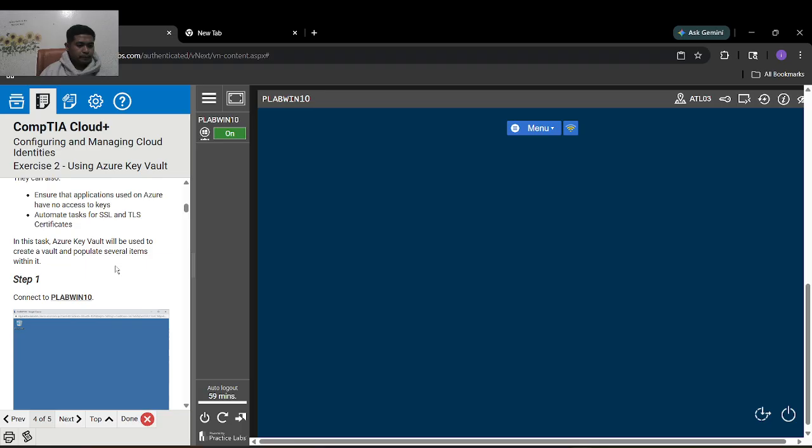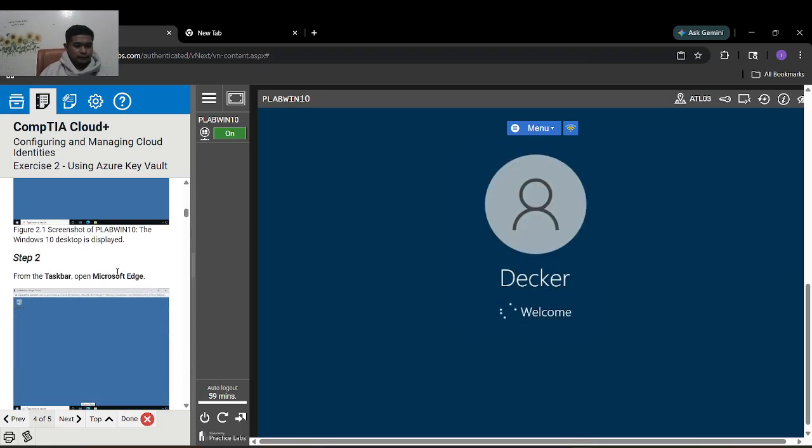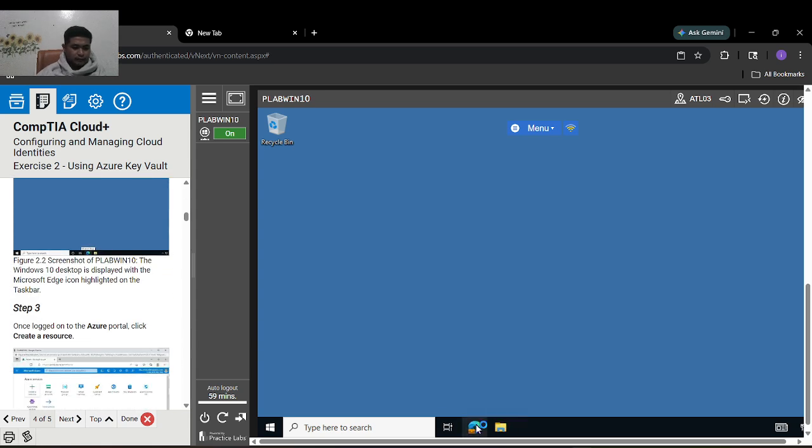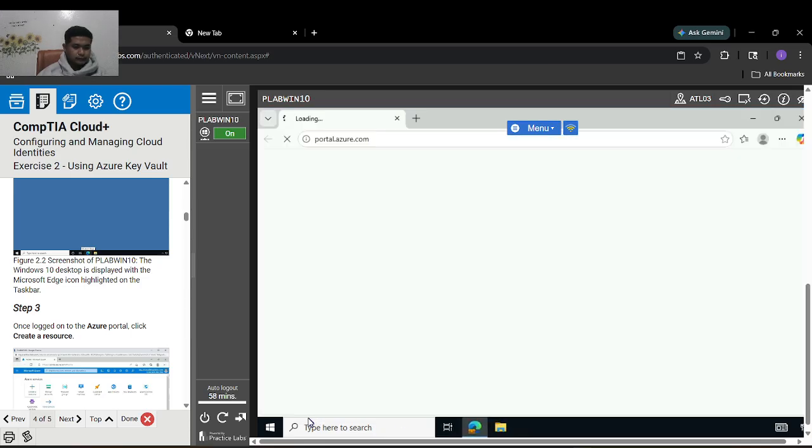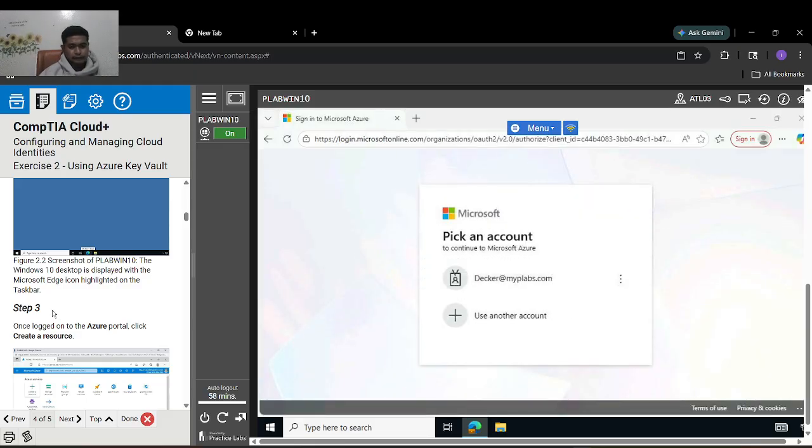So step one, connect to PLAB 10. From the taskbar, open Microsoft Edge. Once logged into the Azure portal, click create a resource.